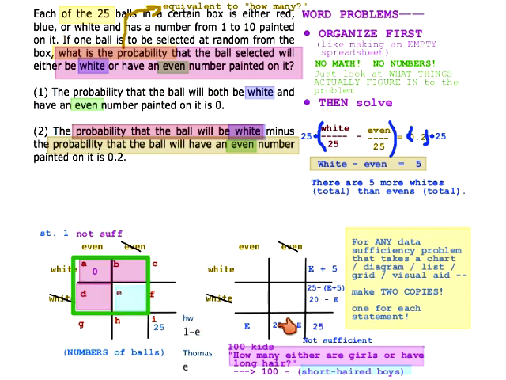Okay, we have this. This is insufficient. Any questions about the individual? Well, they can't be half. There's 25 balls, so you know right off the top that that can't be true. How could you have 12 and a half balls with even numbers on them? So there goes that. You should have thrown that one out right off the top because you have an odd number of balls.